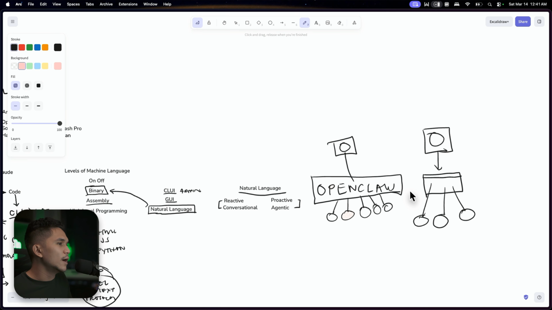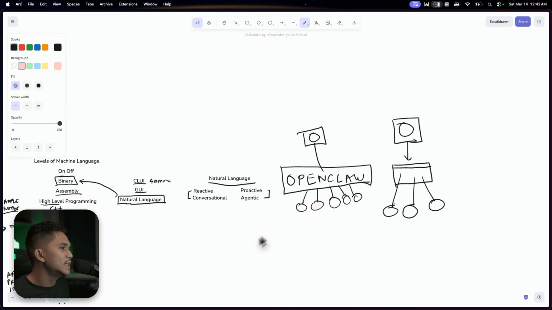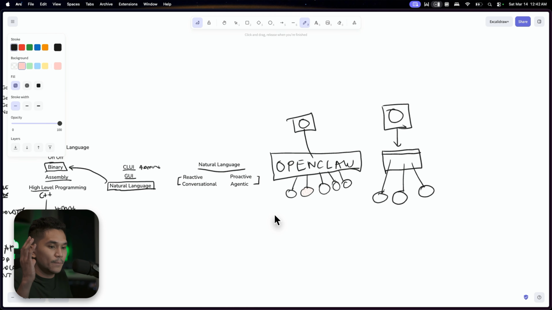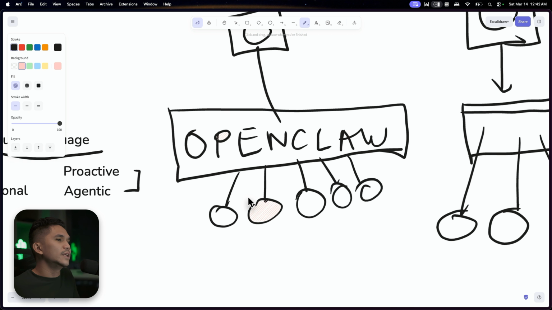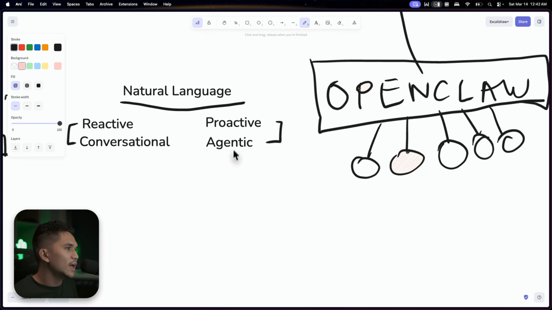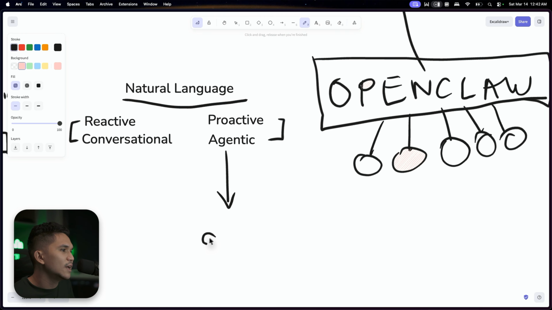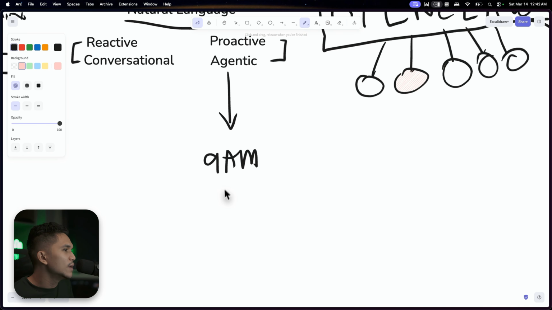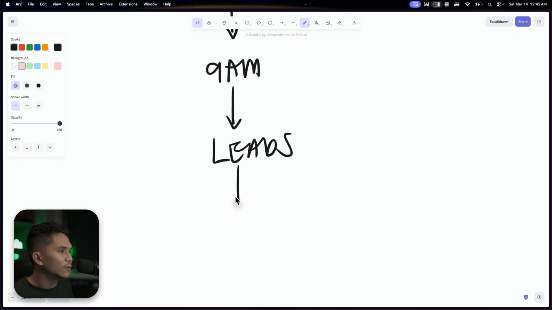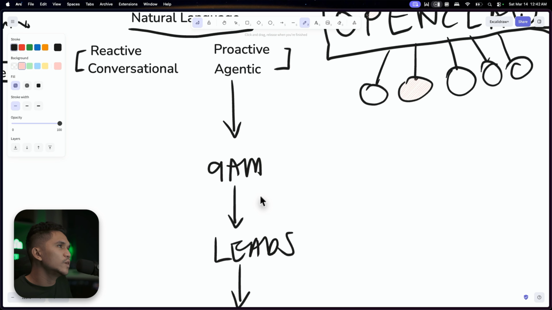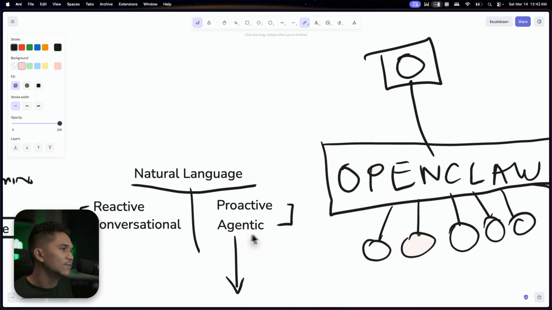And so this is what happens, and what we want to take advantage of as part of the workforce, or anyone who wants to take advantage as a non-technical person, is to use this in our day-to-day jobs. Like, for example, if it's proactive, you could schedule certain things, like every 9 a.m. the agent could talk to you and give you leads, and follow up your leads or whatnot, or do certain outbound. And so there's so many things that you could do when you're using proactive and agentic,